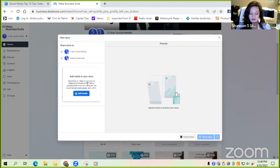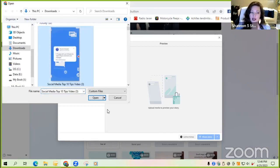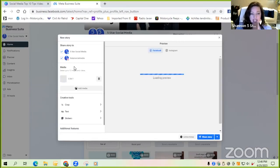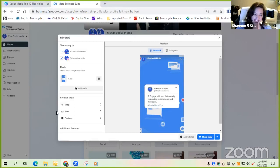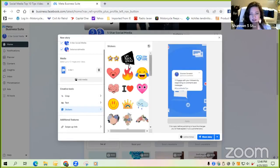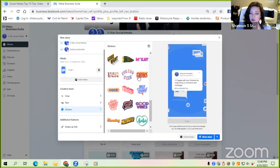But if you're just doing a very basic story, you can, again, making sure that it's sized correctly, upload your media. You can add text. It has a few stickers, not a whole lot, certainly not anywhere near what it has if you actually used the story template on Facebook or Instagram. But I do like that it gives you the option to put in